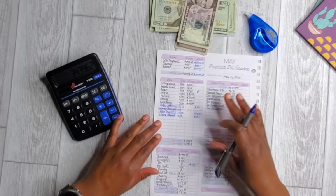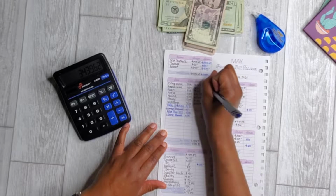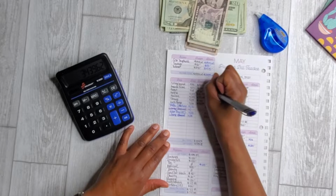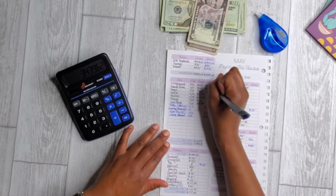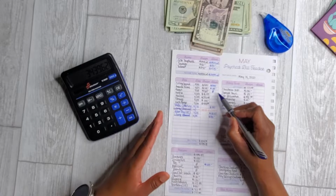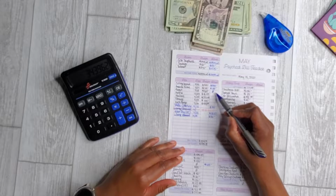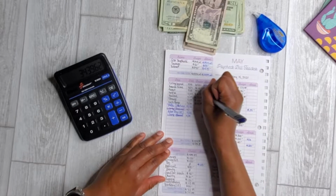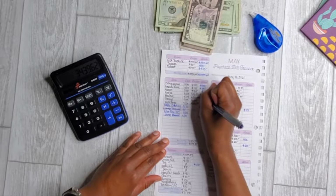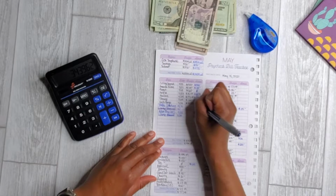And then I want to deal with my bills. So bills, I have this college deposit that we need to make, $500. Then I also have Amazon Prime coming out, and that is $119. And then I checked about our Haven membership, which is our gym spa membership, and that is actually not coming out this month, so I've zeroed that out. And then Netflix will come out on the 23rd. And then Navient, my student loan, will also come out this month. And then also storage fee, my car note,